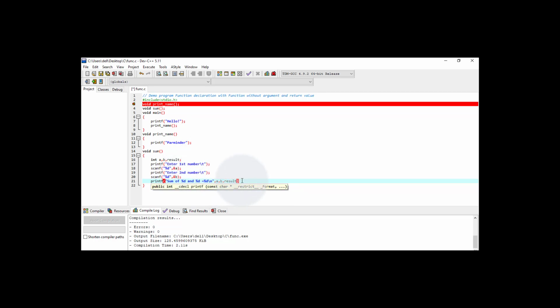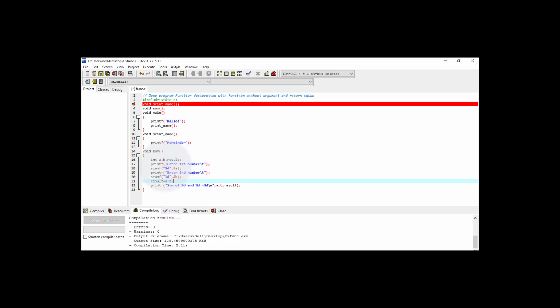So before that we have not performed any operation. So after entering the numbers, we have to use one more line over here, that is result is equal to a plus b. So what it does, we have a function sum over here, and we have declared three variables in this function, that is a, b and result.